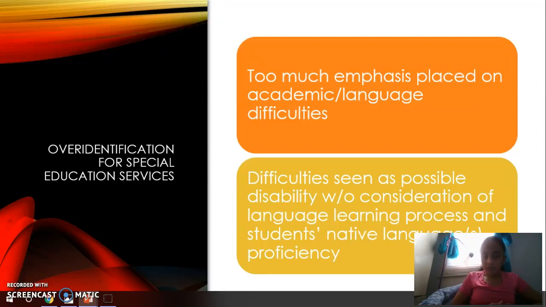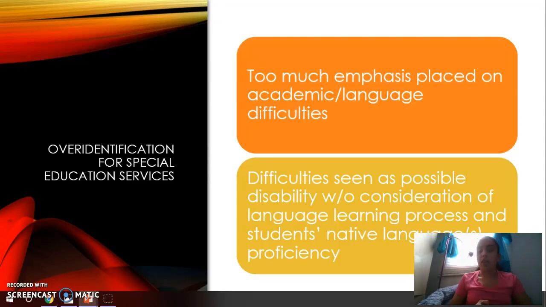So the difficulties that the student is having are seen as a possible disability, and without consideration of the language learning process and the student's native language proficiency. So we need to know the student's performance in their native language or languages to know whether their difficulties are across all the languages that the student knows, or is it just the fact that they're learning English and new content as well,